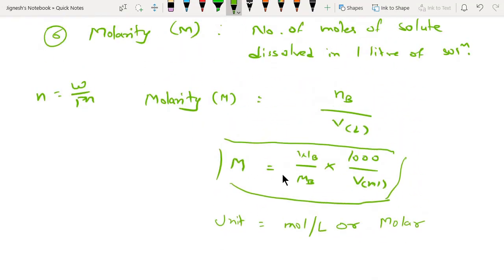Then comes another quantity, and this is temperature dependent. What does temperature dependent mean? It means this will easily change with the help of temperature. Why? If you remember Charles's law, volume is directly proportional to temperature: if temperature increases, volume increases, and if temperature decreases, volume decreases. And that's the reason why, when temperature decreases or increases, the volume increases or decreases, and it affects the value of molarity. And that is the reason why in industry most of the time molarity is not used.